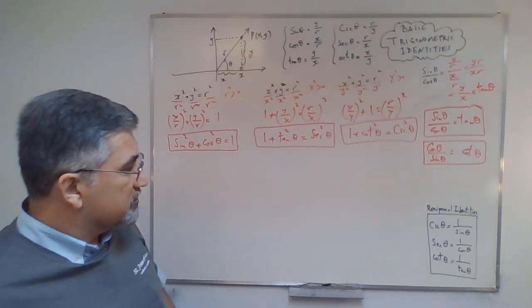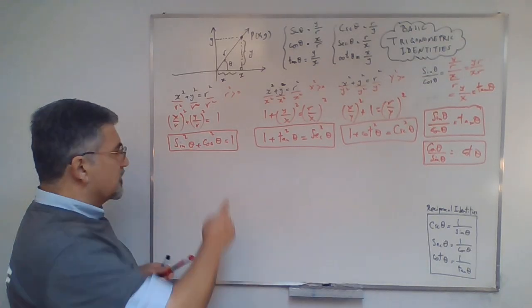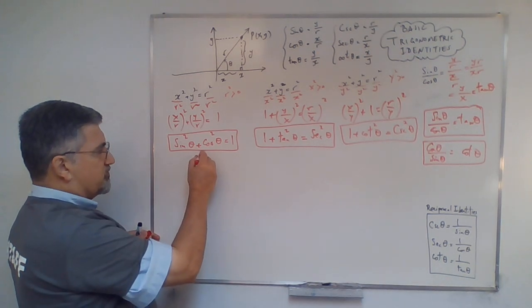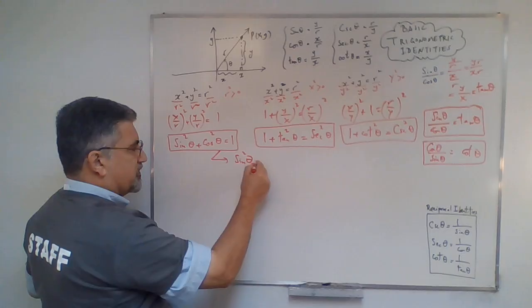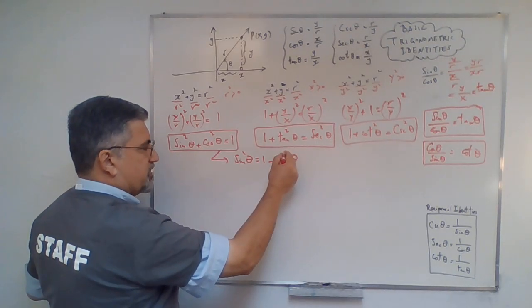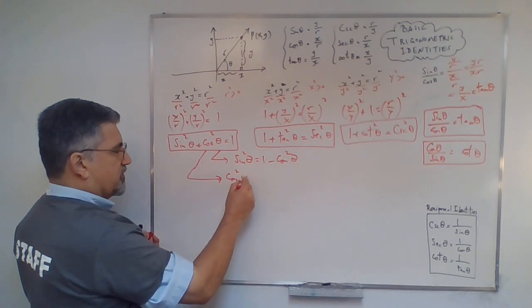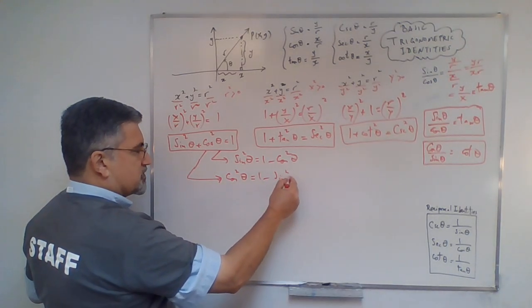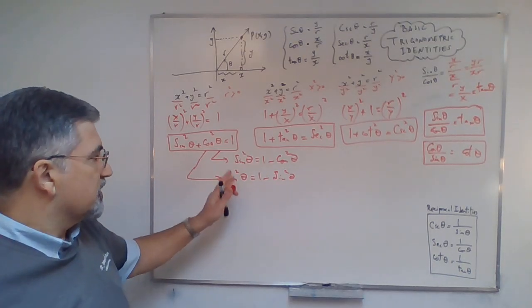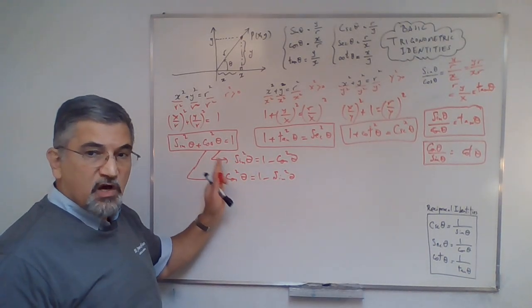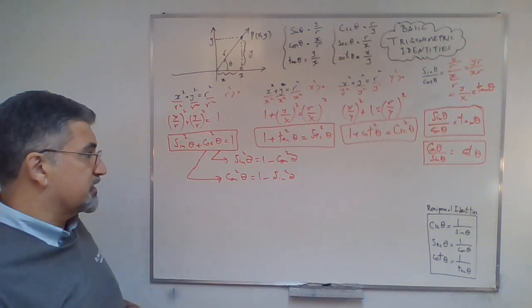These identities are basic ones, and you can derive more identities, mind you. From this one, for example, you can derive an identity for sine. You can say sine squared of theta is 1 minus cosine squared of theta. Or you may say cosine squared of theta equals 1 minus sine squared of theta. So that's another identity you can derive. Finding sine in terms of cosine, expressing cosine in terms of sine, are very useful things in proving